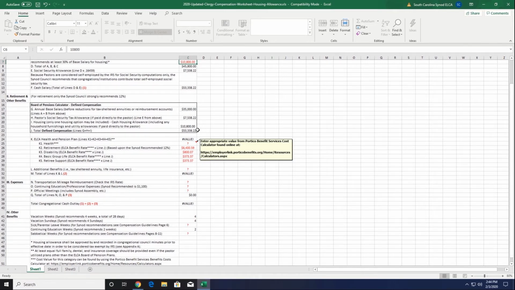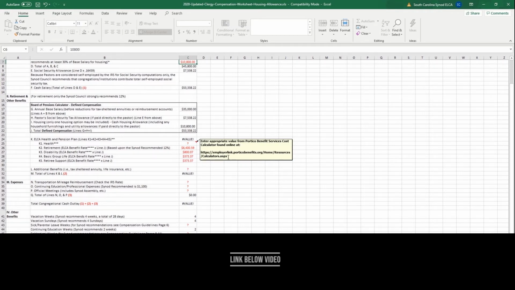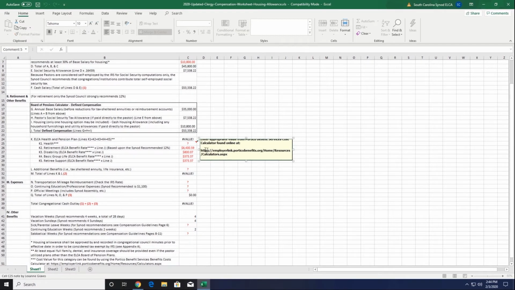At this point, we're moving into our health and pension plan. And so again, we're going to need to enter a number, and actually this number is going to be calculated for us. We need to find out what our health care number is going to be. And so the only way to do that is you can see just to the right of where my cursor is, there is a link here, and you can actually copy and paste this link.